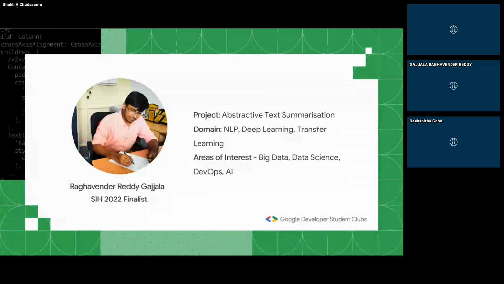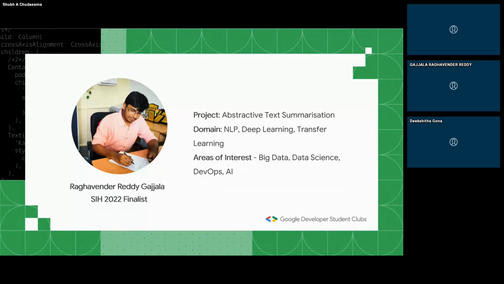Also, when choosing a problem statement, there is a tip you can follow. Whenever you open the website, there is a column called number of applications, showing how many people have applied to that problem statement. You have to avoid problem statements which have a higher number of applications, and you also have to avoid those having fewer than 5 or 6 applications.